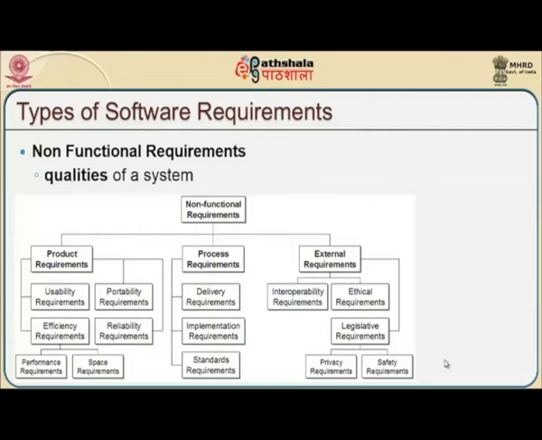Looking at the process requirements, it entirely talks about how the system is to be delivered and meet the standards. So it will talk more on delivery requirements, implementation requirements, and standard requirements. So the flow with which I am adopting to the system